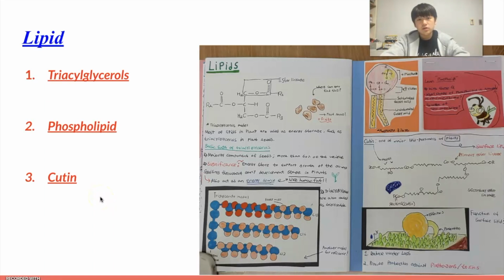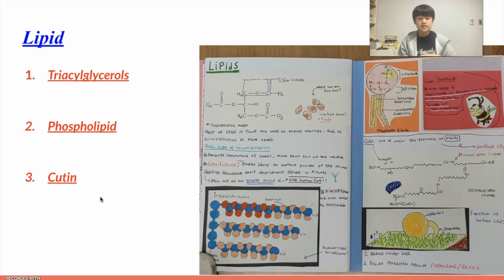Let's go over lipid. For lipid, I learned triacylglycerols, phospholipid, and cutin. In this video, I want to specifically represent cutin, because this is a special uniqueness found only in plants. Cutin is one of the major lipid polymers that exists in the plant, and it is a main component of the